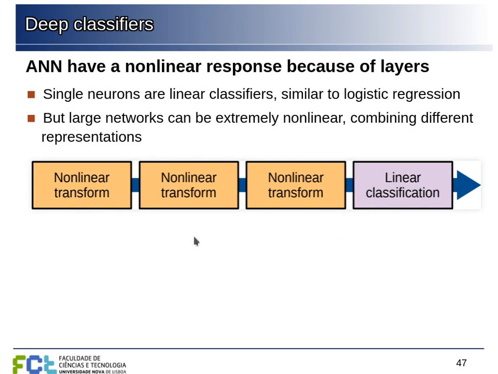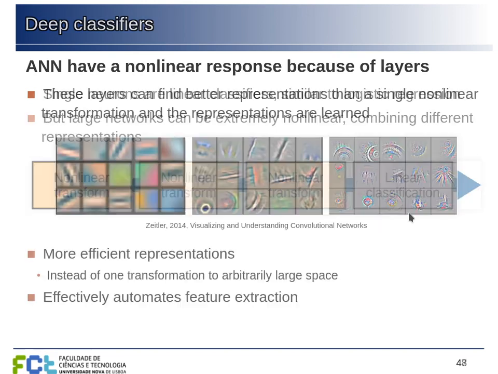And the idea here is that instead of the user, the human, trying to figure out which features to use and how to transform the data, we can just feed the raw data into the network when training, and the network will learn the series of nonlinear transformations until it can solve the problem by applying the final classification. That can be just the last neuron, which is a linear classifier.